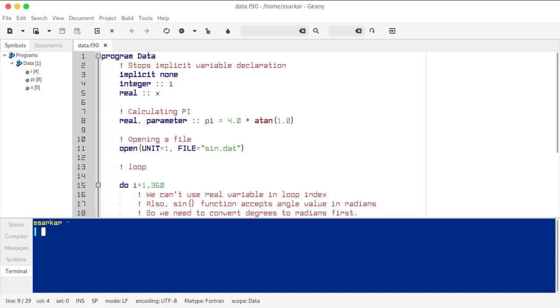I have already written the code, so let me explain it to you. In the first line, we are just starting the program. In the second line, there is the new statement called implicit none. It allows you to stop variable declaration